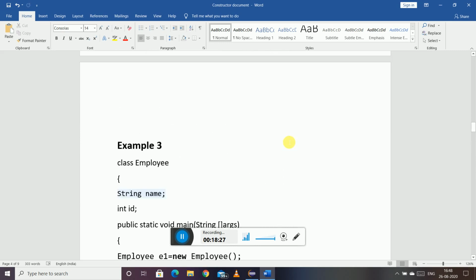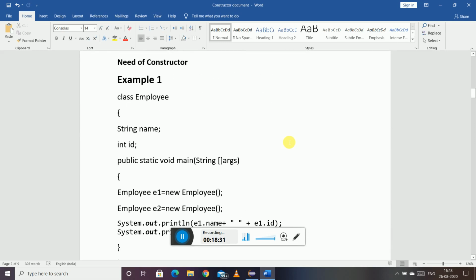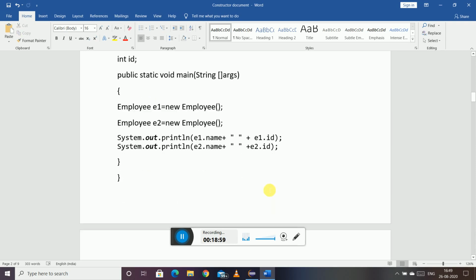See, I told you three cases. One case is when you are not creating any constructor. So when you write this object creation line, through this employee braces semicolon, a default constructor is itself created, which is generated by the compiler, and that is going to initialize these variables with their default values, and all objects will have those default values for all the variables, which is not a good practice, right?